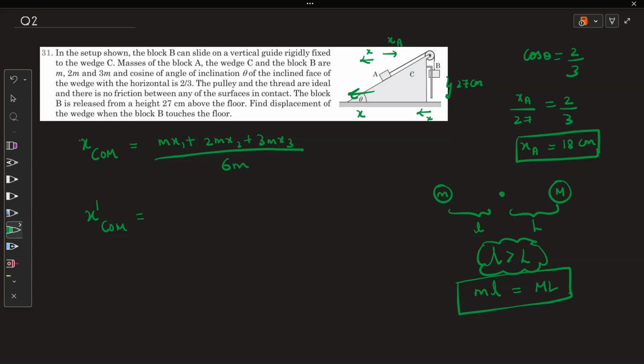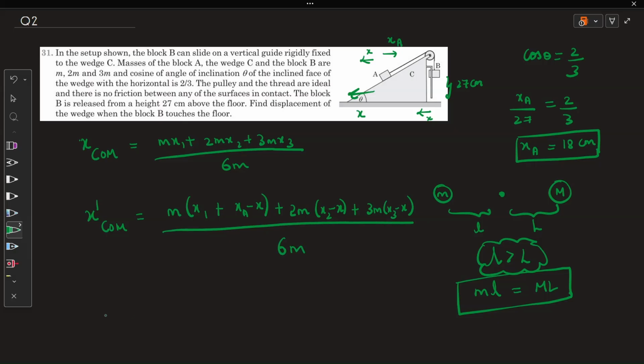So only a mass of m is going right. So XA should be greater than X. Okay. So the displacement of A is, what happens is m, initially it is there at x1, and it is moving right. So plus XA minus X plus 2m into x2 minus X plus 3m into x3 minus X